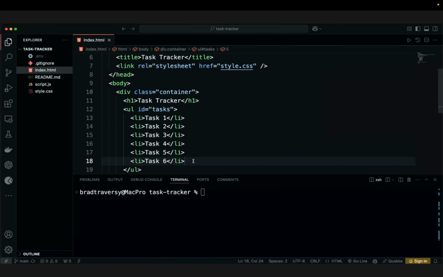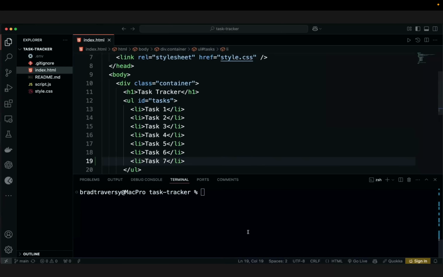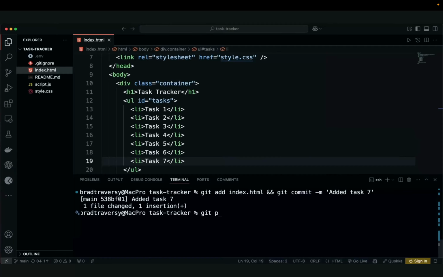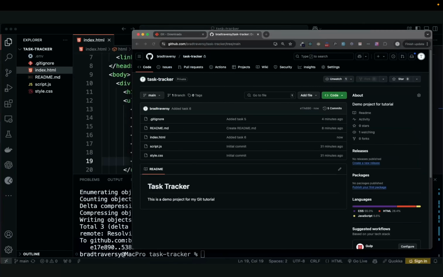Another thing you could do, and I'll just again add another task just to make a change, is say git add, and let's say index.html, and then we can do &&, and git commit -m, and let's say added task 7. So here I'm doing the git add and the git commit in one command as well. And then we'll do git push, check it out, and we should see added task 7. Okay, and it's only going to be on the files that were changed, and in this case only the index.html